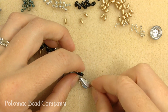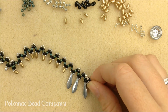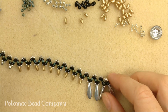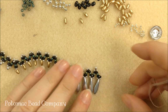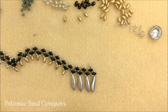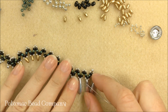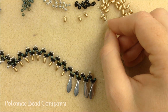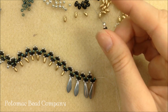I'm going to let that drop down. Then when I get to the top, I'm going to do another section here of my drop. After that, I'll do 3 sections of my Rizo above. And that'll just kind of pull the piece together and again bring most of the focus in towards the bottom